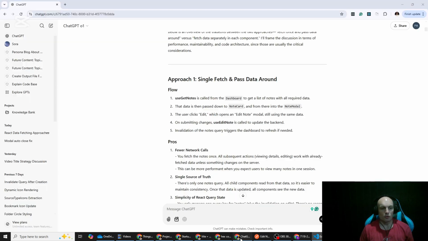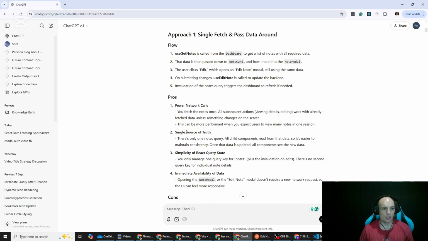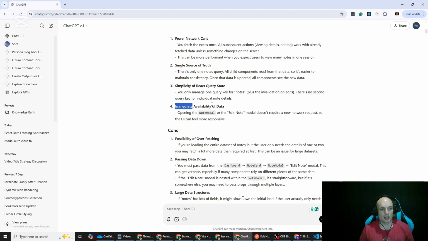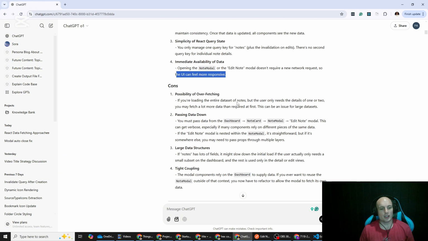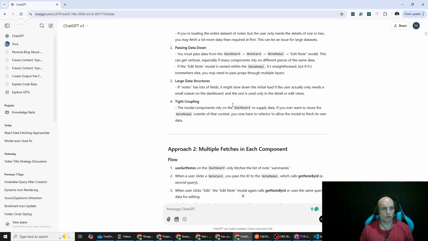And obviously that's beneficial because it allows a single source of truth, there's fewer network calls, it's the simplicity of React Query state, data is immediately available, so the UI can feel more responsive. So that's my biggest concern, that we might lose some of that responsiveness. The downside is potentially that there's less separation of concerns, and I think